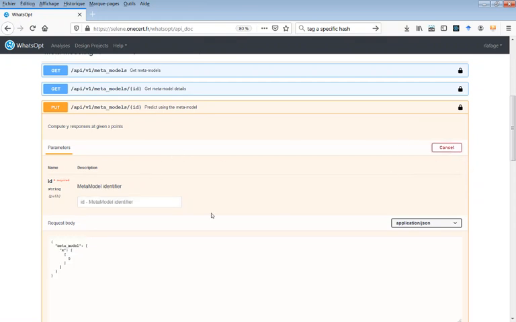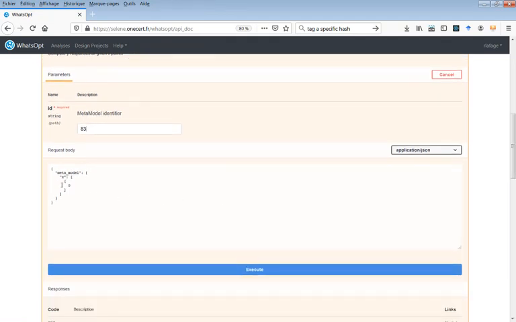So here again I can use my metamodel, just specifying the identifier, and here we see that we have to specify the input, the x, where we want the metamodel